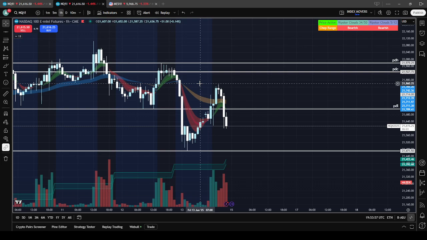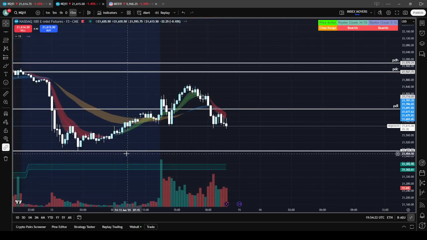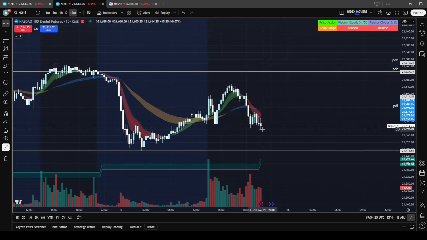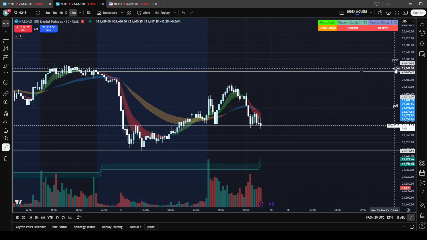Another thing is, I see a lot of you guys chasing the gap ups and gap downs. You shouldn't be shorting anything on a gap up, and you shouldn't be longing anything on a gap down unless there's a confirmation or gap fill. I see too many of you guys just getting destroyed doing this, and it's just kind of weird. So, with that being said, that is the first segment, the previous day high, the previous day close,